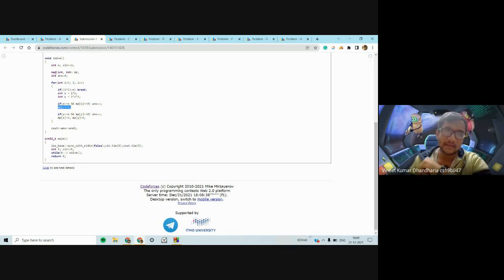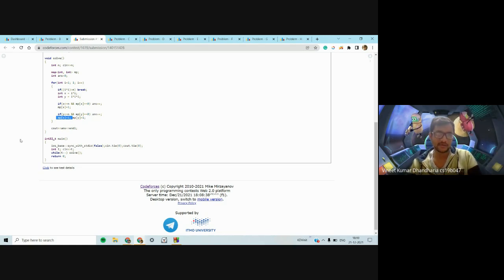So basically a map, if you don't know, you can consider it to be a really big array, an array which doesn't have a size limit. So we initialize a map and use it to maintain whether the number is taken or not. Once we include x in our answer, we mark the status of x to be 1, that x is taken now. And similarly for y, if y is less than n and y is not taken so far, you increment your answer. And irrespective of that, you mark the status of y as 1 again. I guess this one is redundant. But yeah, you mark the status of y as 1 because it is taken.